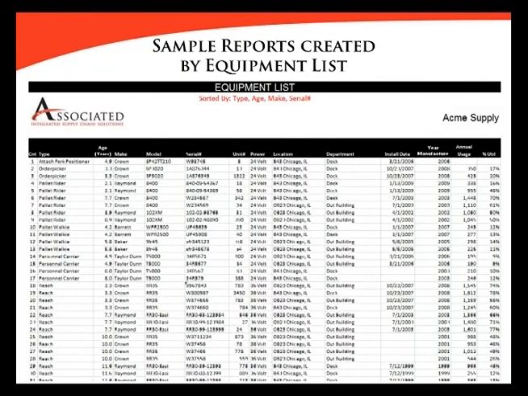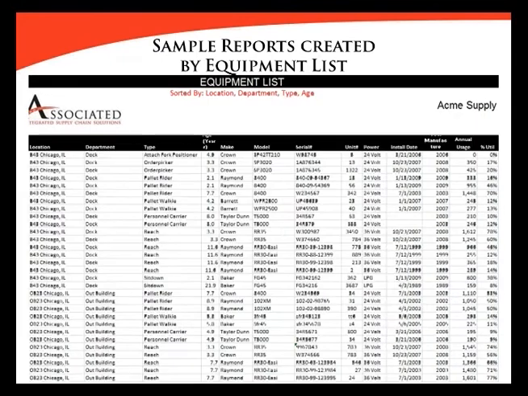Some examples of some reports put together with an equipment list are shown on the screen. This one is sorted by the type, age, make, and serial number. As you can see, we use the year of manufacture and the installation date to determine the age of the vehicles. We have the type, make, model, serial, the customer unit number. We've included the power, their location, the department the trucks are in, the install date, the year of manufacture, and the annual usage and percent utilization were determined based on hour meter readings that were posted against the equipment list.